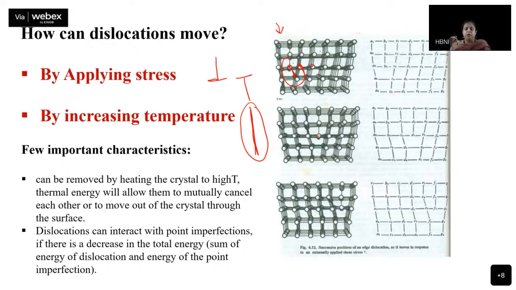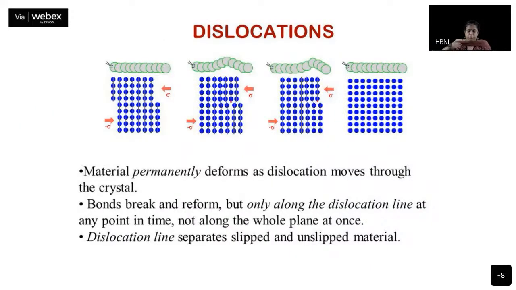Similarly, okay, we can just leave that here. And this is just one example of how dislocations actually move. It is also like, suppose you have those heavy carpets in your home, right? It is very difficult to pick them up and move. But what we do is we apply pressure from one side, it forms some kind of a hump. Okay, and then we apply further pressure, and then that hump moves. It is similar to how a caterpillar moves.